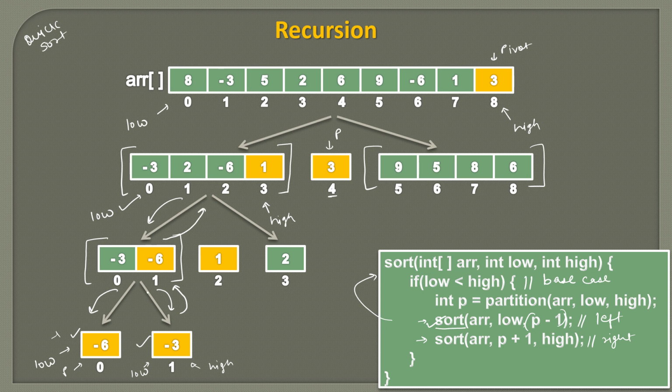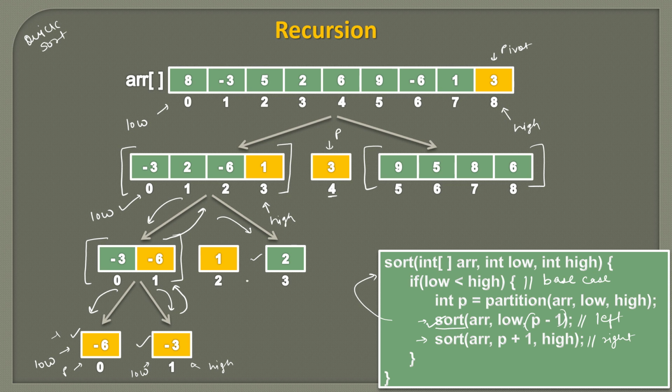And now when these two elements are sorted, we will go in this direction to sort the greater elements to this pivot, because we are doing this algorithm recursively. So first the left side is done, and once that left side is done, we go on the right side. So this side is done completely here. Now we go on this side. So here 2 is the only element left. So this will be sorted because the base case will be fulfilled.